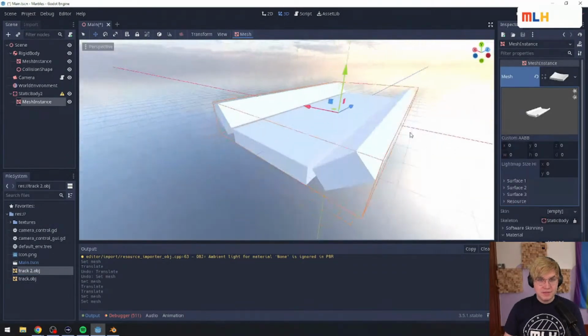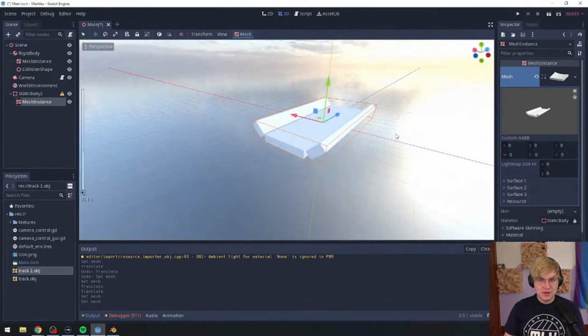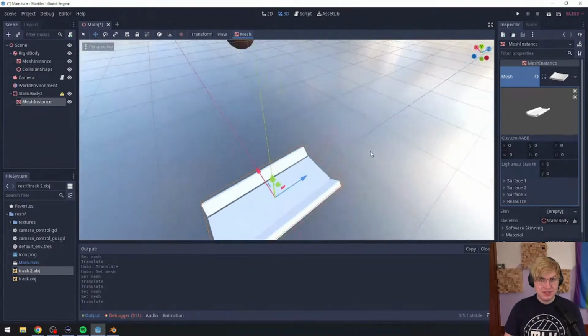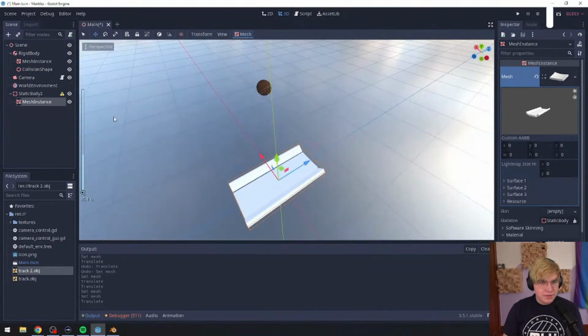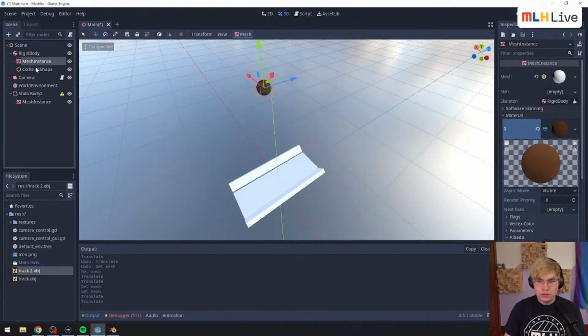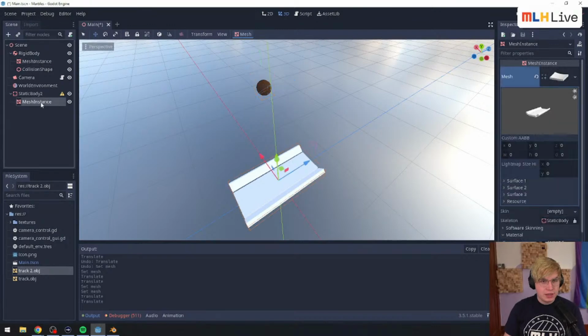Okay. And now we have a mesh that is not glitched. We might want to make this sphere a little bit smaller. And we can do that after we check to see